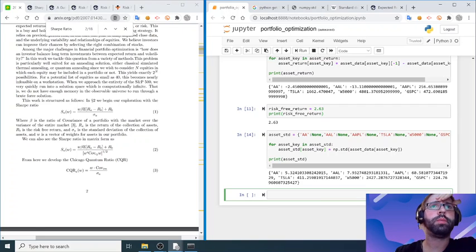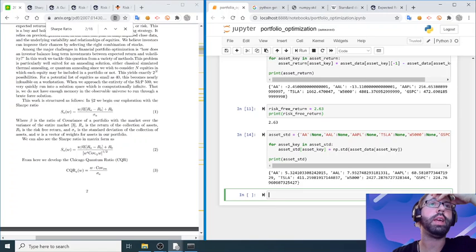But so on each return of the collection of assets. So this is the vector with the weights. This is the beta of each. Also a vector of the weights of the betas. And then we are